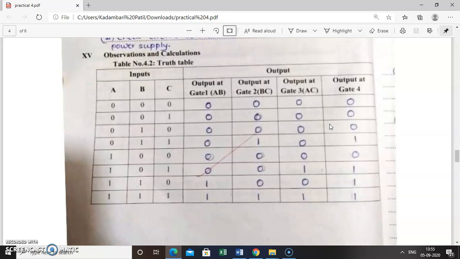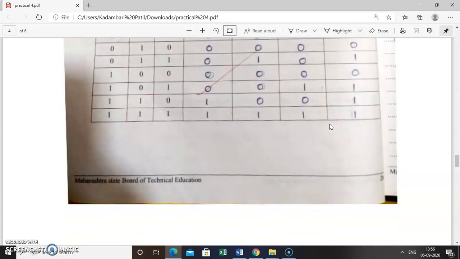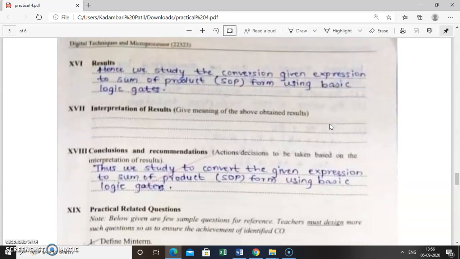So these are the calculations. If the circuit inputs are ABC, if there is 0, 0, 0, then the answer will be 0. Then for 0, 0, 0, the answer will be 0. For 0, 1, 0, the output will be 0. If 0, 1, 1, then you will get on BC, the output is a 1. And if 1, 0, 0, the LED will not be displayed. On the position of the last, 1, 1, 1, where there is the 1, the LED will be displayed. Okay. So what is the result?